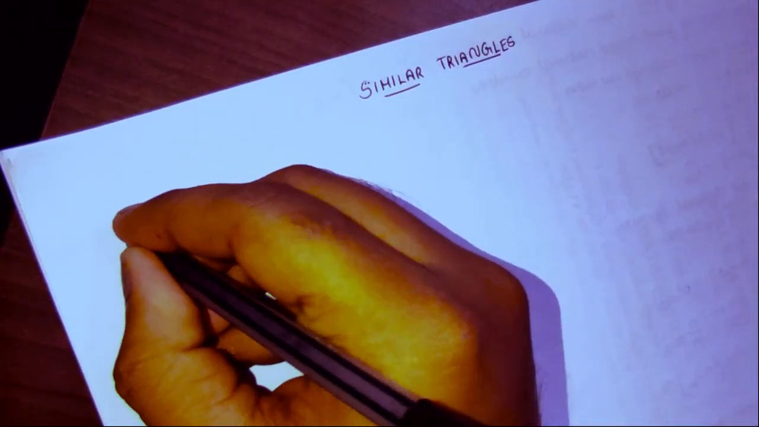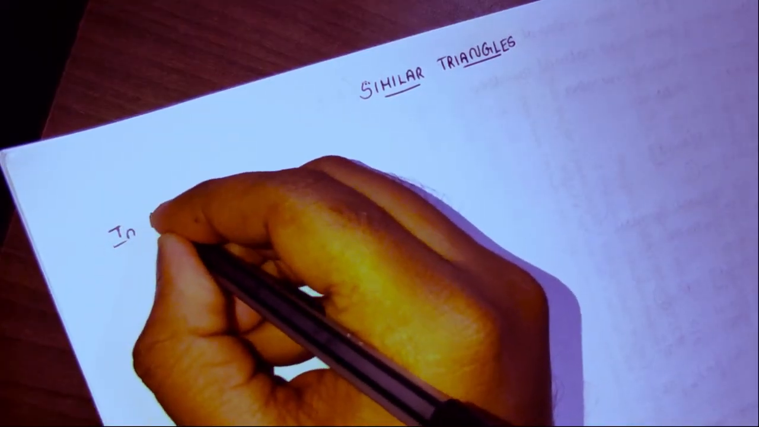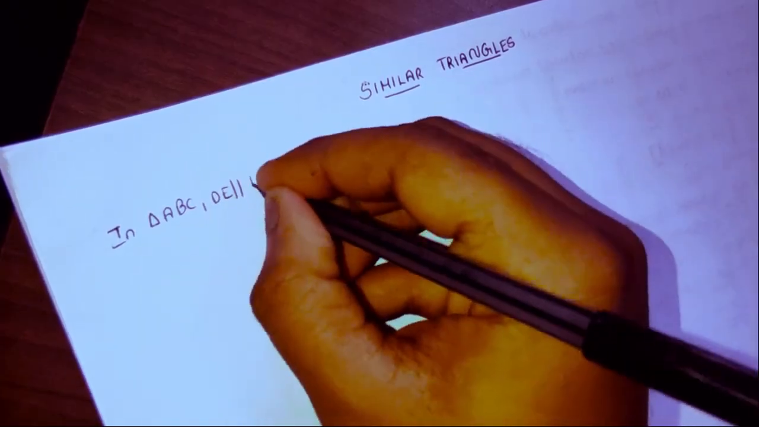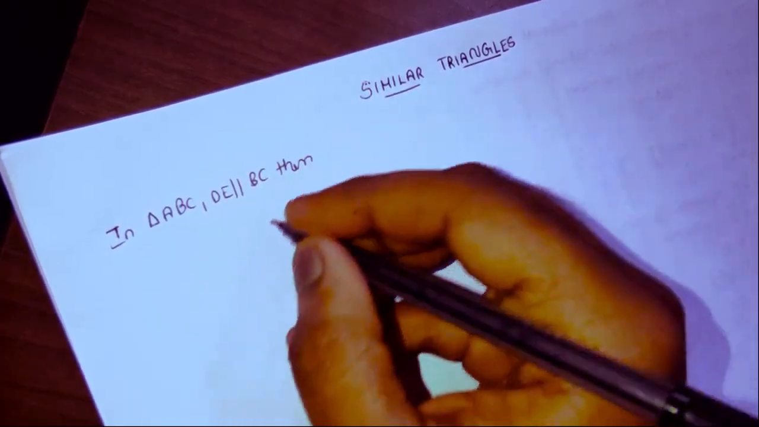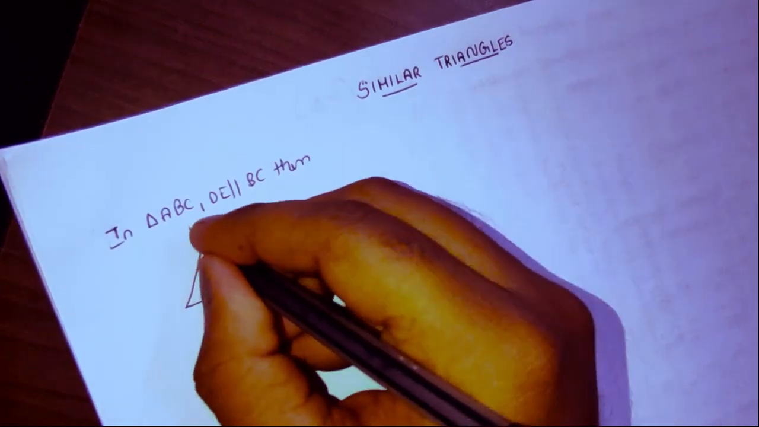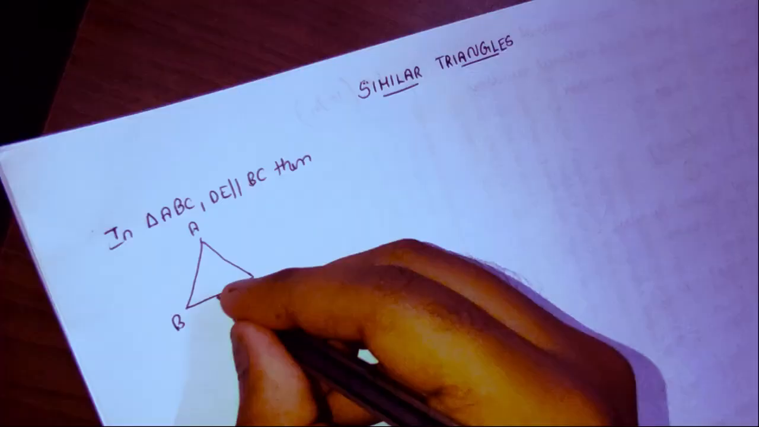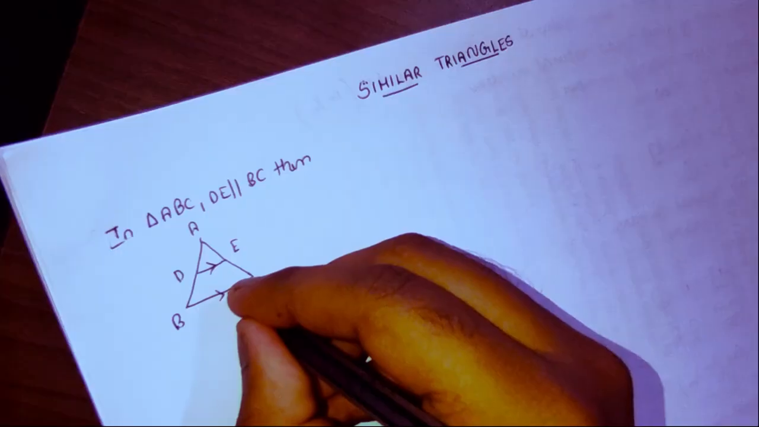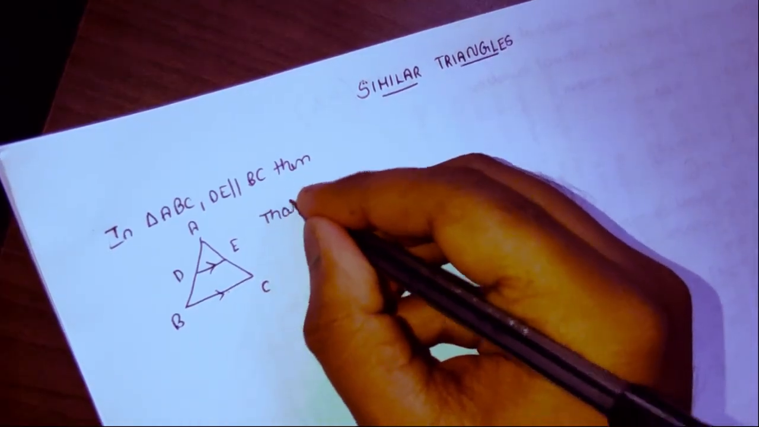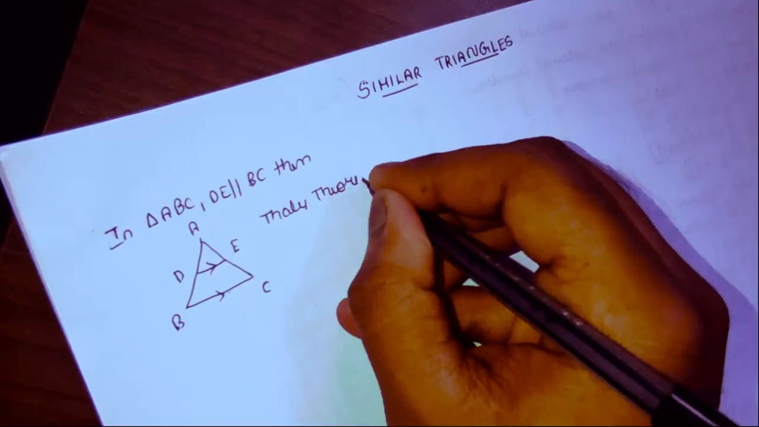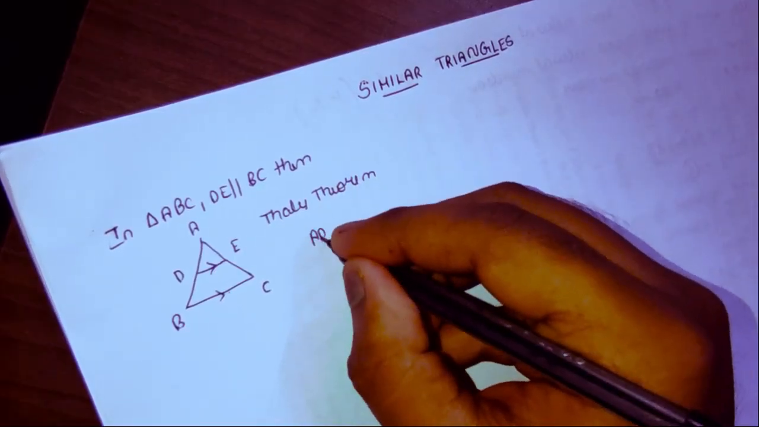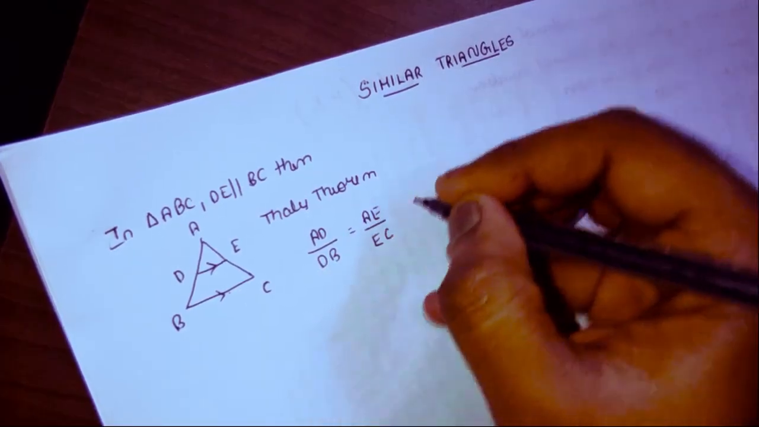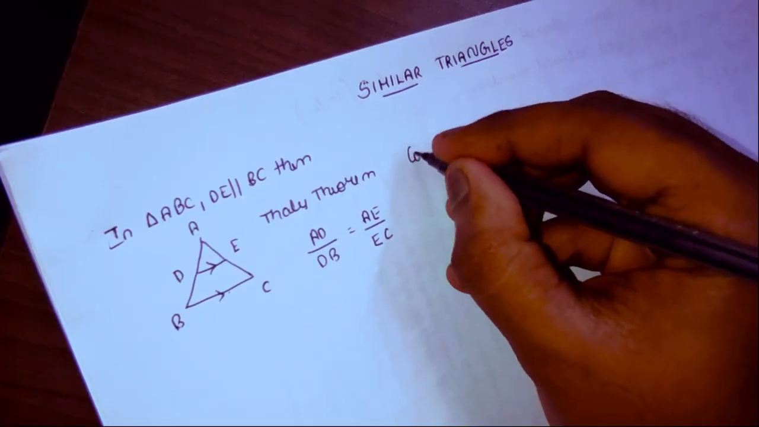First, if they give a triangle ABC, and in that triangle DE is parallel to BC, then Thales theorem states that AD by DB is equal to AE by EC, and the corollary of Thales theorem states that